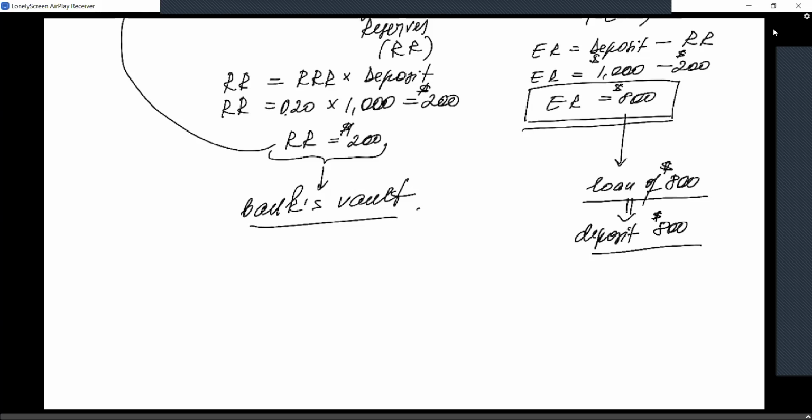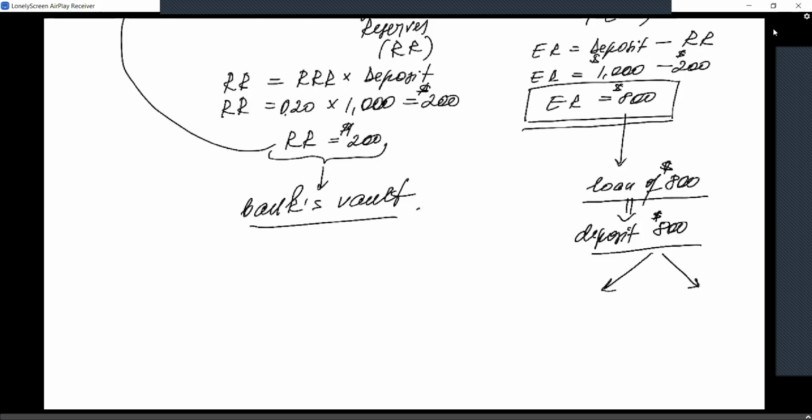Let's say they cut me a check. I fill out the paper for the loan. They say, here, take this check. I take this check. Of course, I'm not going to cash that. I'm not going to carry $800 in my pocket. That is extremely unhealthy. I'm going to put this money in my checking account as a deposit, and I'm going to think how I'm going to spend it. A deposit of $800.